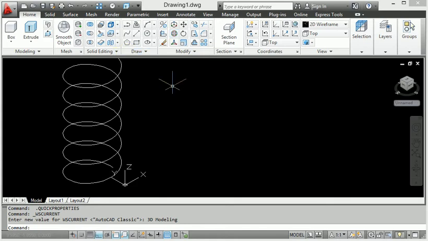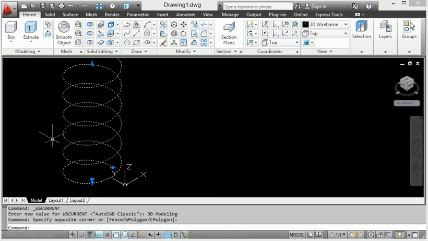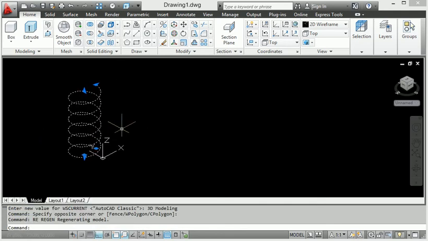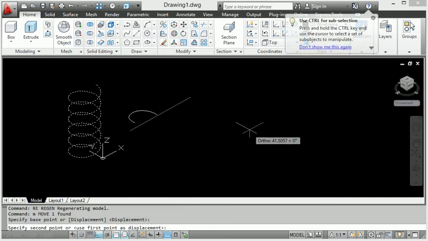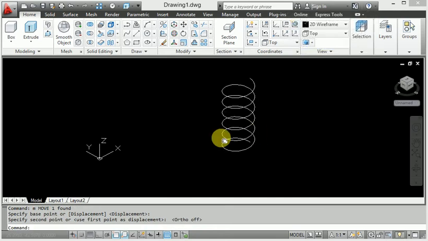Well, look at this, I get the selection here. Now it looks like this diagram. The helix curve is properly adjusted, and we move some distance.